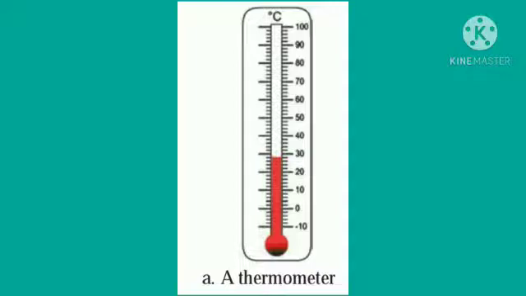And because of the increased temperature, the alcohol inside it expands and its level in the tube rises. You can also see there the rise of the alcohol in red color. Using the properties of the expansion of alcohol, the temperature can be obtained from the level of the alcohol. The tube of the thermometer is marked accordingly. This is the working of the thermometer.